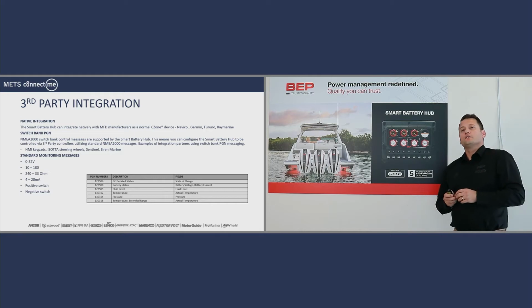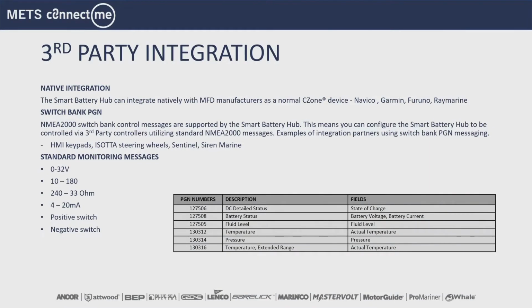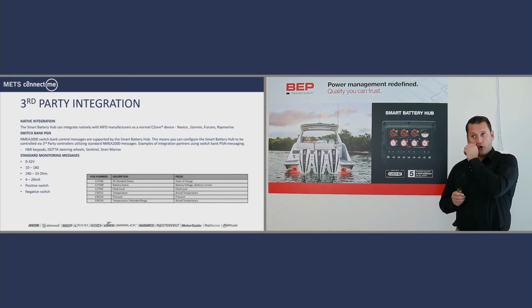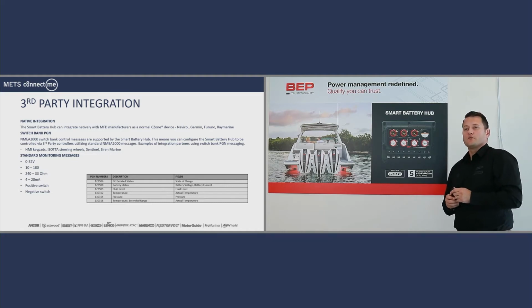So third-party integration: we have native integration, so the Smart Battery Hub can integrate natively with MFD manufacturers as a normal C-Zone device would. Examples of native integration are with Navico, Garmin, Furuno and Raymarine. Also, switchbank PGN over NMEA 2000. You can use NMEA 2000 switchbank control messages as supported by the Smart Battery Hub. This means you can configure the Smart Battery Hub to be controlled by third-party controllers utilising standard NMEA 2000 messages. Examples of integration partners using those messages are HMI keypads, iSOTA steering wheels, Sentinel telematics company, and Siren